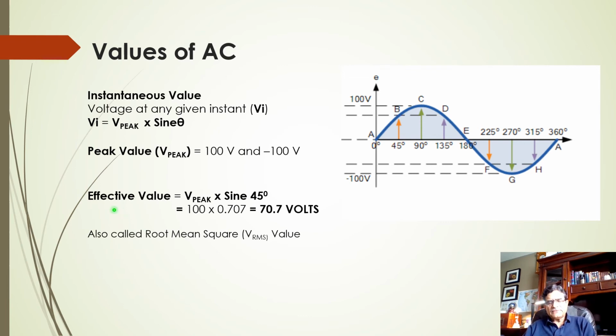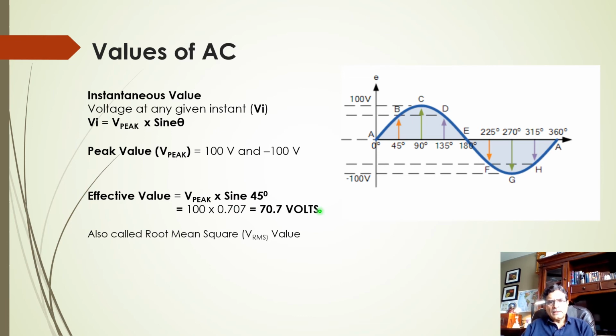And then we have the effective value, because you will have a question: what is the value here? Because it is varying between 0, 100, 0, 100. So what is the effective value? That effective value has been calculated as equal to peak value times sine of 45 degrees, and that is calculated as 100 times 0.707, which is the value of sine 45, and the result is